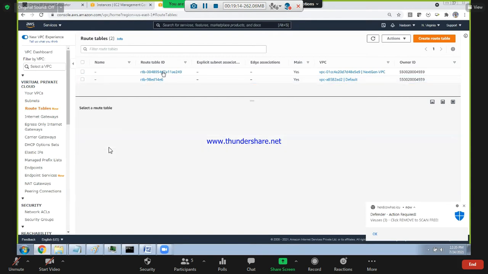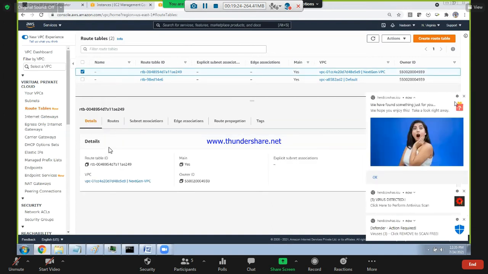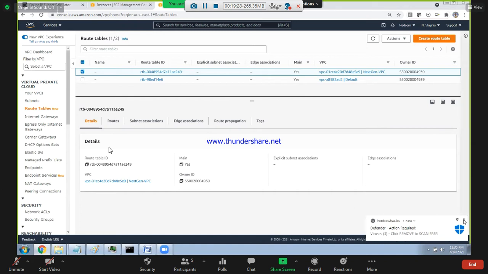We need to check this one. This is a default one, and every subnet will be part of this particular routing table by default. If you go to the routes,